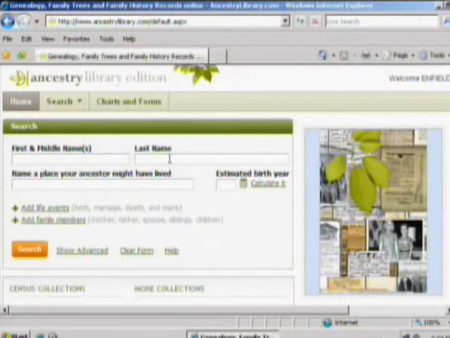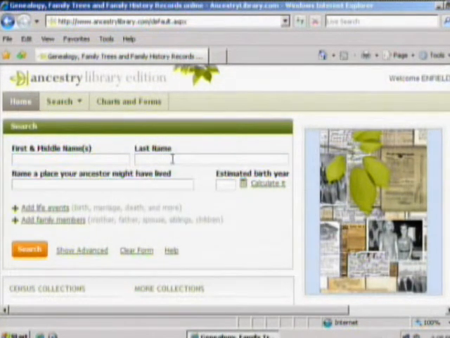Okay, so clicking in from the library's homepage brings you up to this home screen of Ancestry Library Edition. One thing worth noting is that this particular database is not available from home. So this particular interface, you do have to come to the library or the Pearl Street Library to have access to. We don't have remote capability for this. But this is the home screen that you're going to get after clicking into from our website.